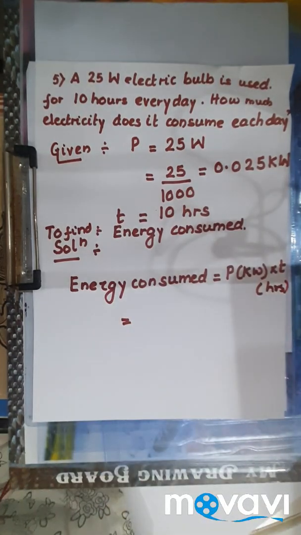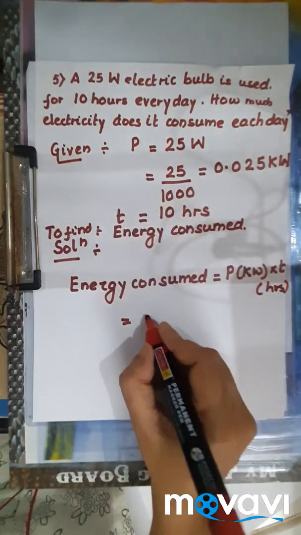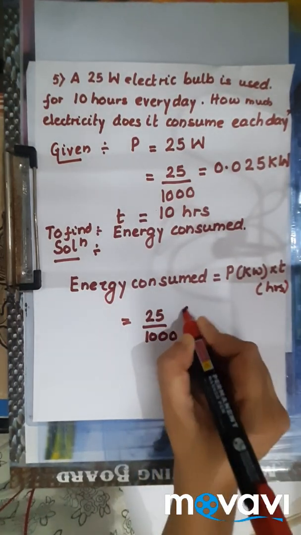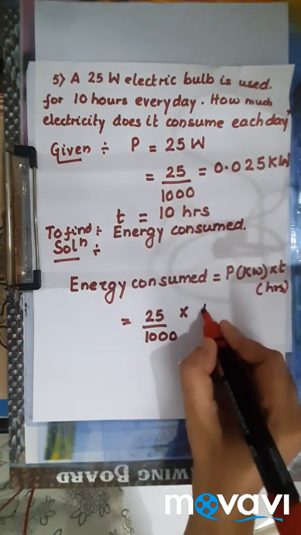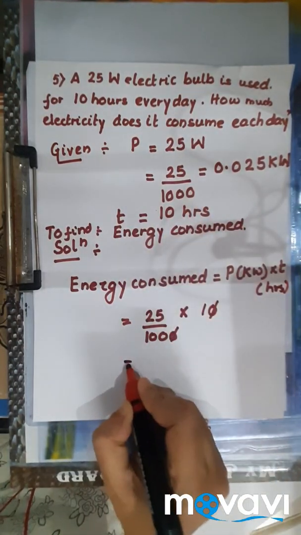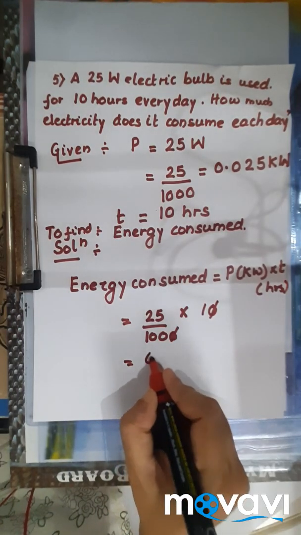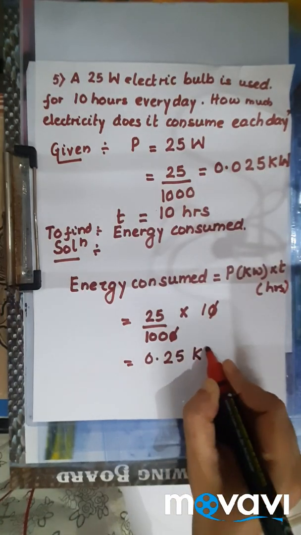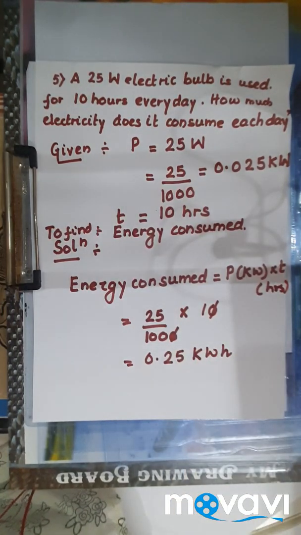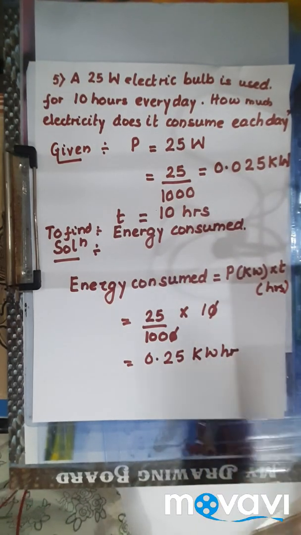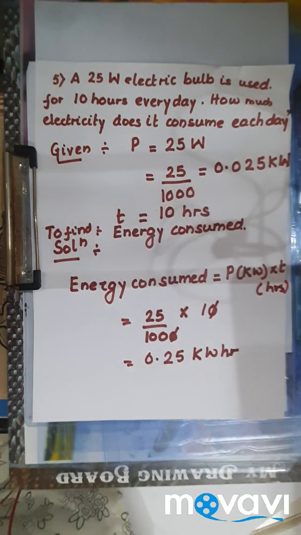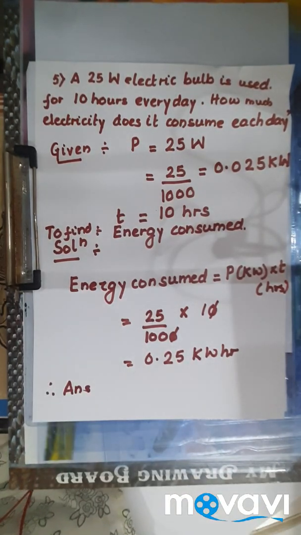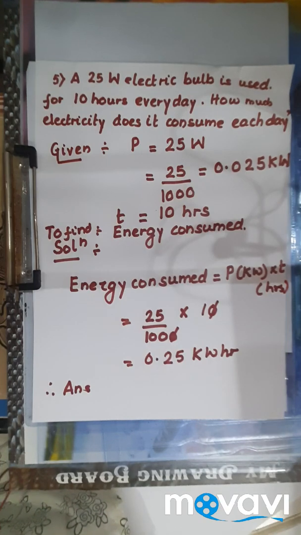This is different, right? So this is, I'll write this as 25 upon 1000. It becomes easier for me to cancel. Into time is 10 hours, right? So this 0 gets cancelled. So it becomes 0.25. Now what is my unit? Kilowatt hour. This is my unit. Please remember, kilowatt hour. This is the unit for energy consumed. Therefore, write the answer. Energy consumed is 0.25 kilowatts